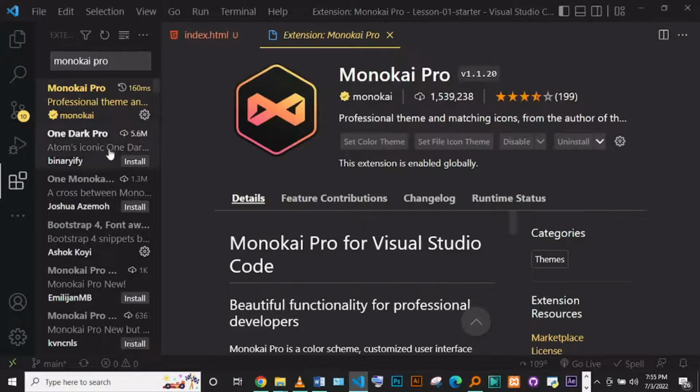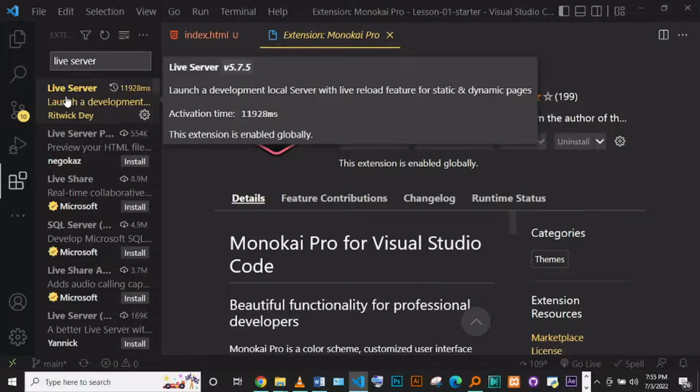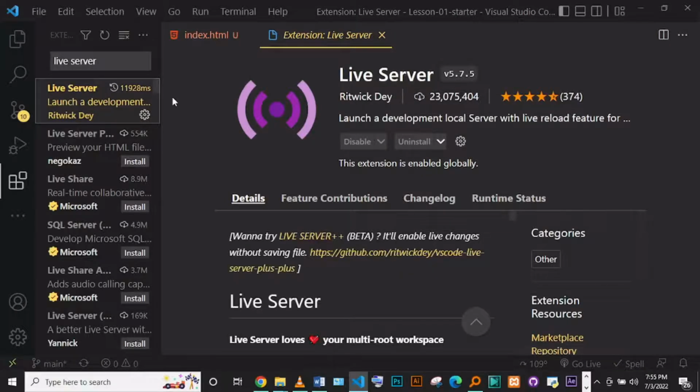So the next extension we are going to look at is called Live Server. Live Server helps us to launch the development environment. So just click on this install button and wait for it to install. When it finishes, Live Server helps us to load our web page from VS Code, instead of going